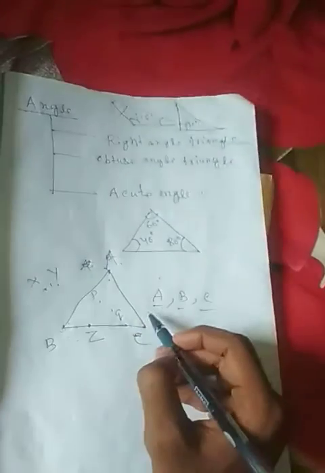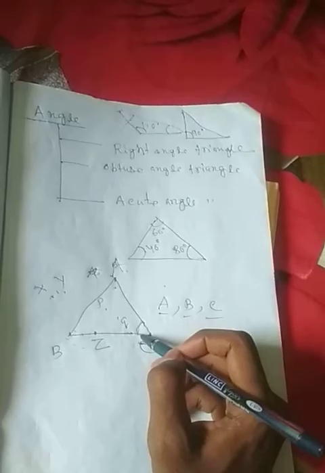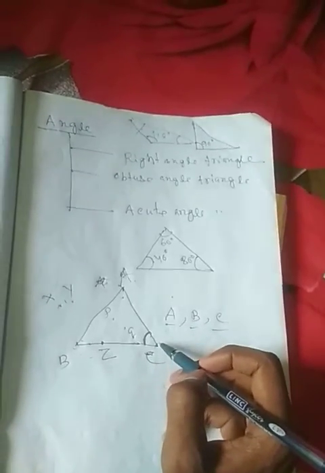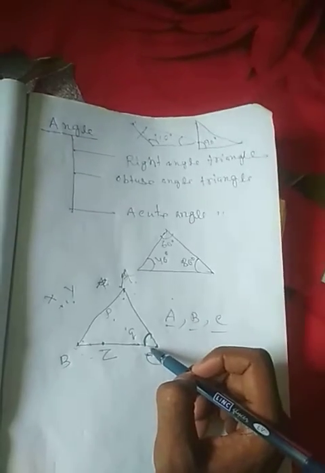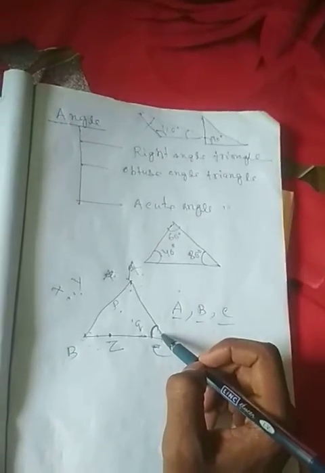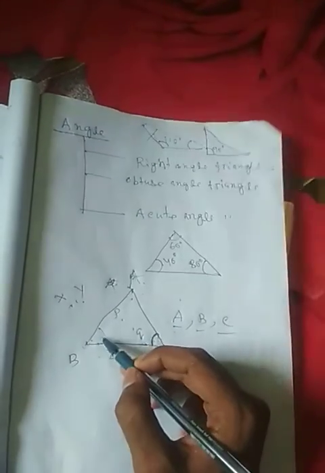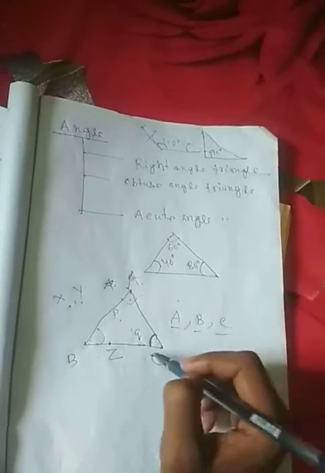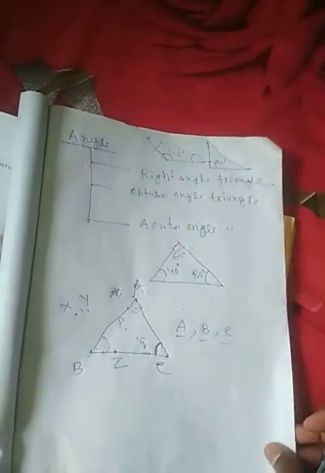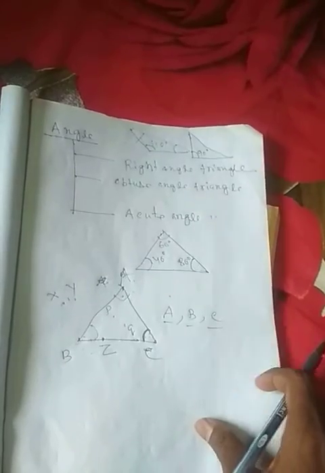Now I am giving names, A, B, C, you know that. If I ask you the question, what is the opposite side of the angle C? You can see this is the C angle. What is the opposite side of that angle? Clearly that is AB. This type of question you may get in the exercise. Opposite side of the angle C is AB. Opposite side of the angle B is AC. Opposite side of the angle A is BC. These things you have to remember, and remember the sum of all angles in a triangle must be 180 degrees. Okay, let's check the first exercise.